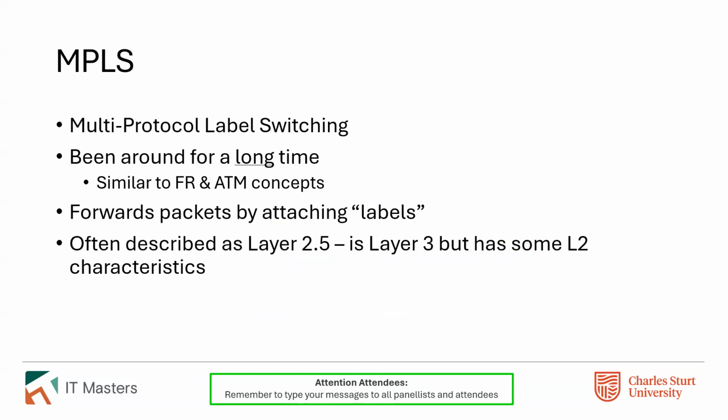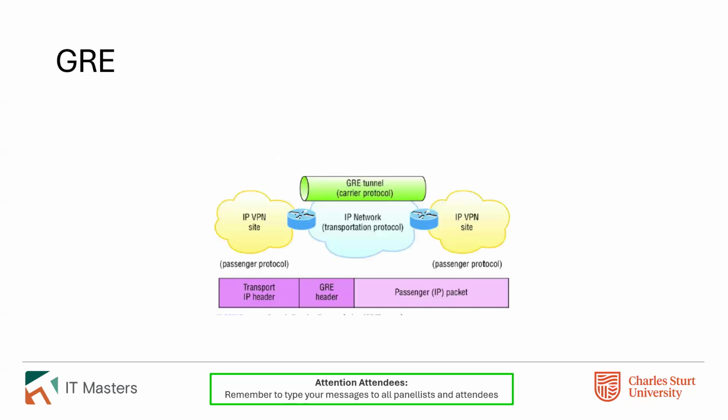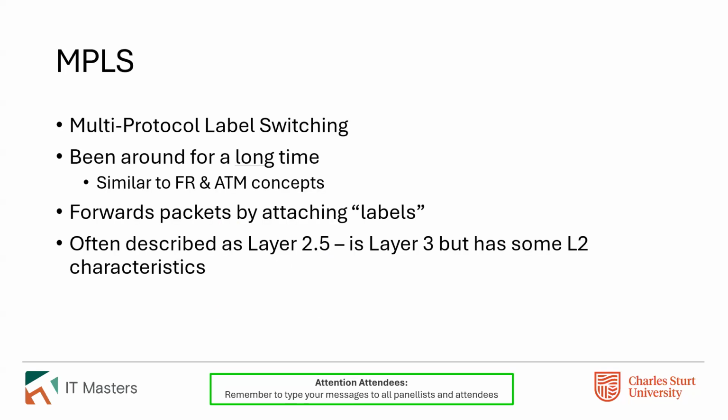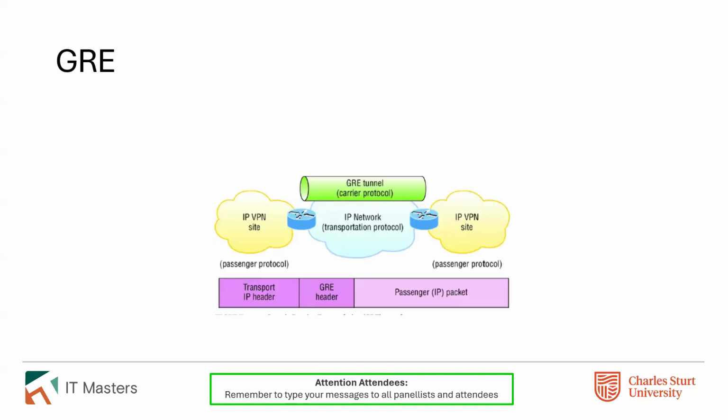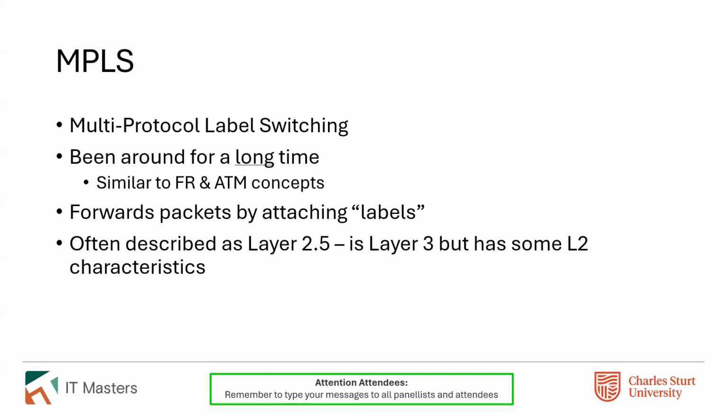We touched on multi-protocol label switching last week. Essentially, what MPLS does is provide a series of labels. So it's very similar to GRE tunneling in the sense that it adds extra headers and certainly doesn't provide any form of encryption. But unlike GRE tunneling, which is point to point and only point to point, MPLS is designed for anything up to and including full mesh networks. MPLS is typically used by service providers to actually provide their internet networks as well. It has a bunch of features and capabilities that make it very, very useful for that use case.